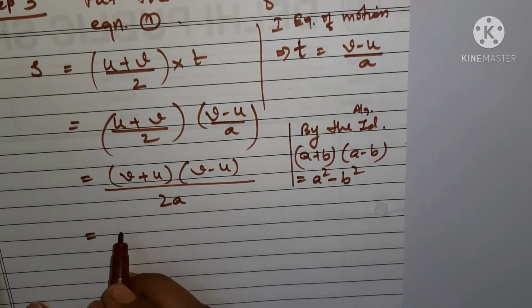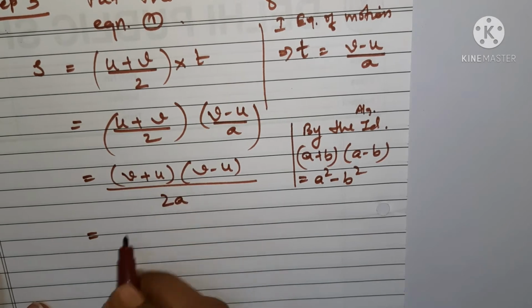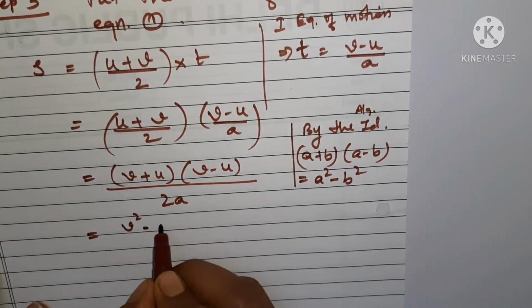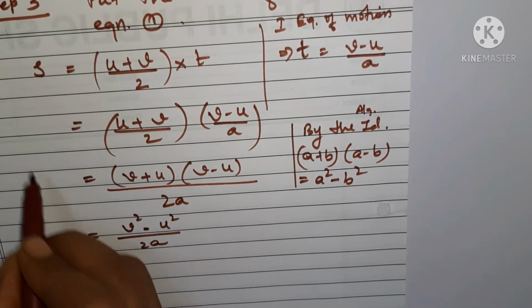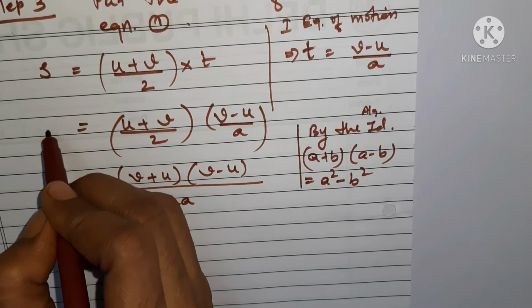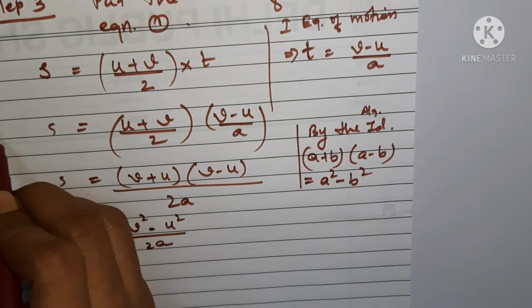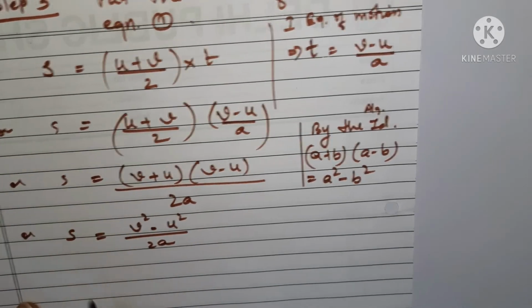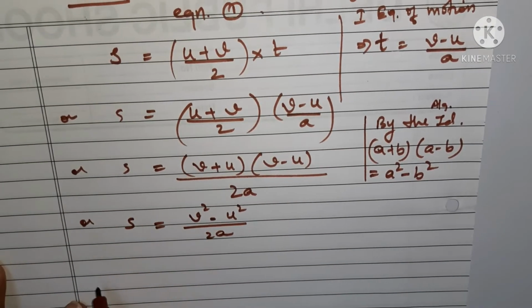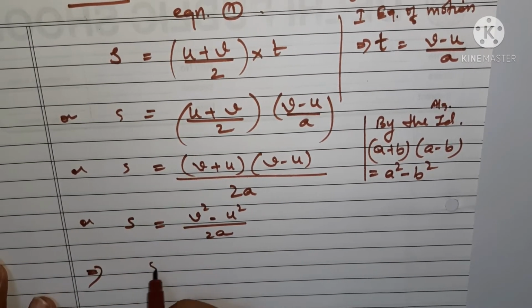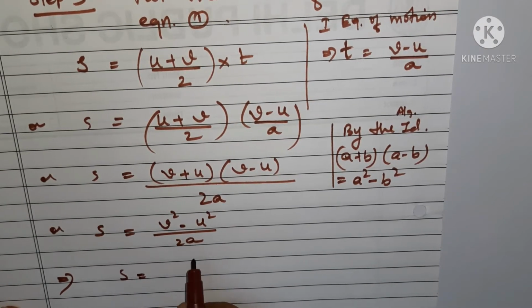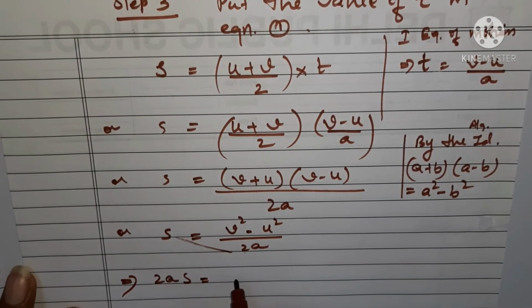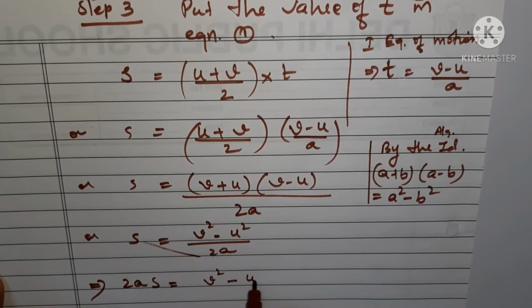So for the new students I am saying that it now becomes v square minus u square, okay, and in the denominator it remains 2a, and here it is s. Okay, this is s everywhere. Either we write it again or we can use implies that, let us use implies that here. s is equal to... sorry, this will go there. Okay, let us take this to this side, so it becomes 2as is equal to v square minus u square.